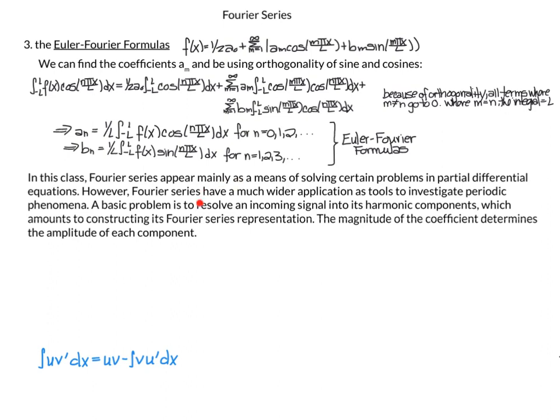And you can see how this works. You have this incoming signal, and that's this f of x. It's just some sort of periodic waveform, not necessarily a particular sine or cosine, but just some signal that's coming in. And you want to break it down to see what frequencies make up that signal. And here you have cosines and sines of different periods or different frequencies, and you weigh them with different coefficients, and you sum them together,